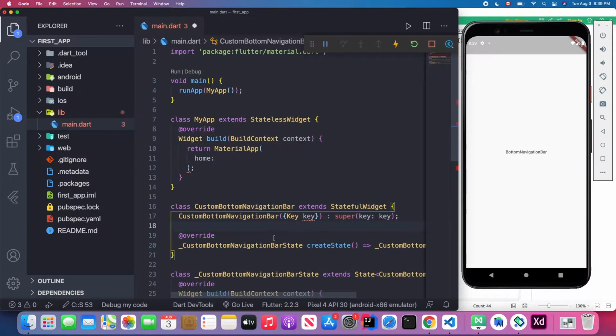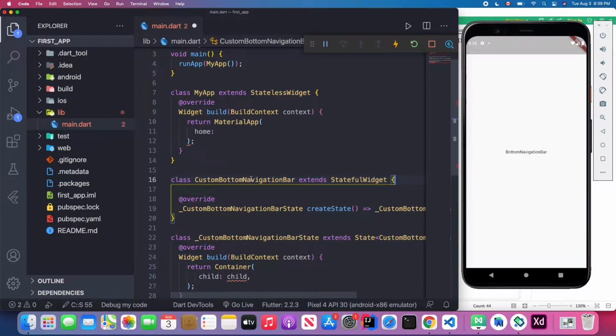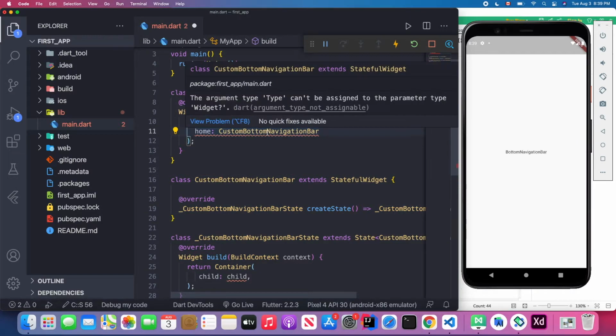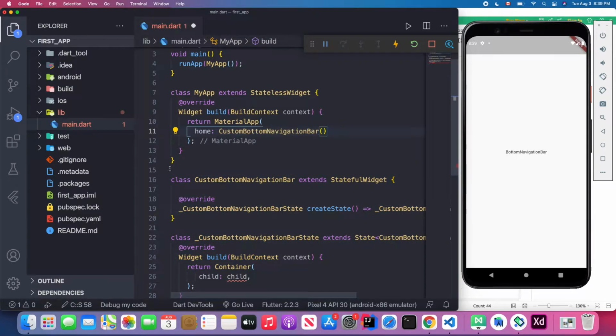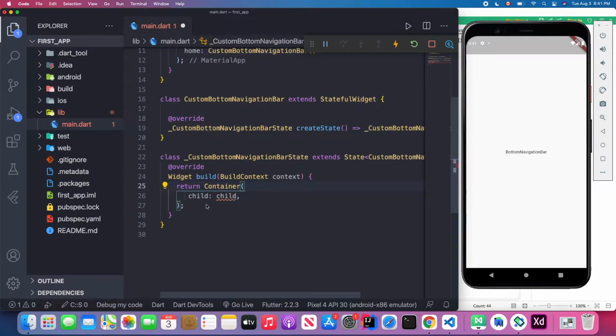Okay, so I don't think I need the constructor for now, and also I will place my class in here. Then I'm going to also return my scaffold here,